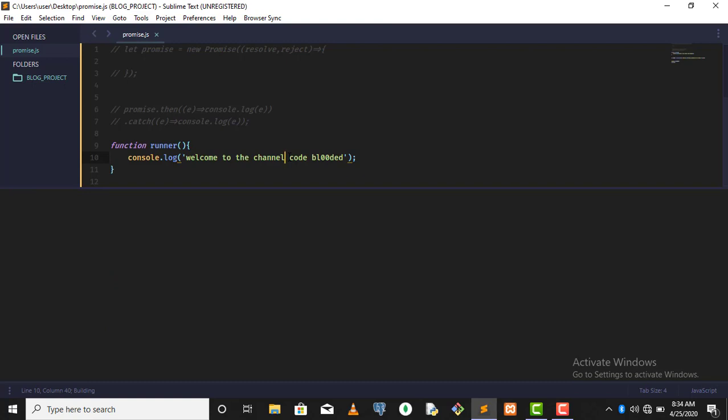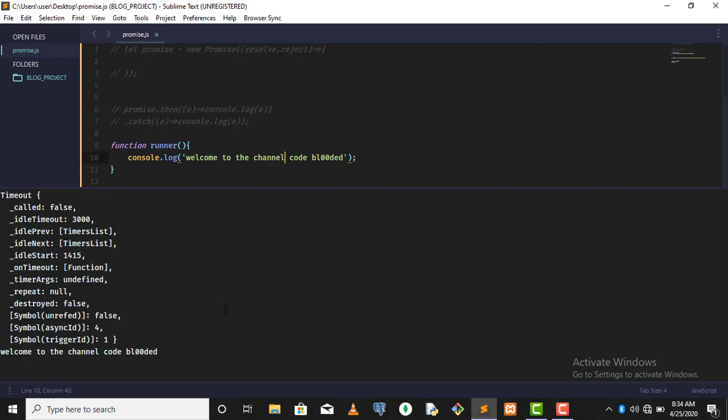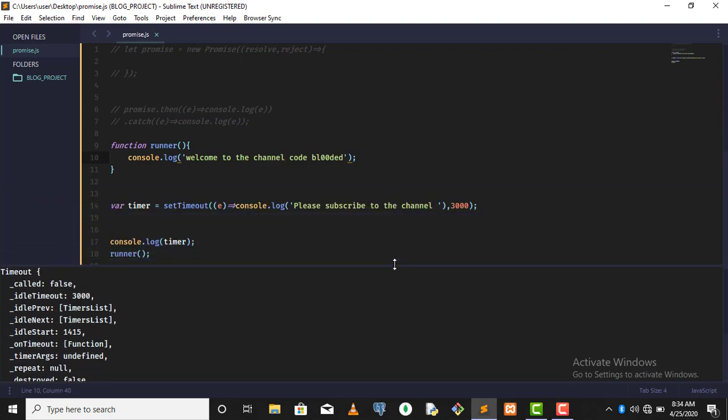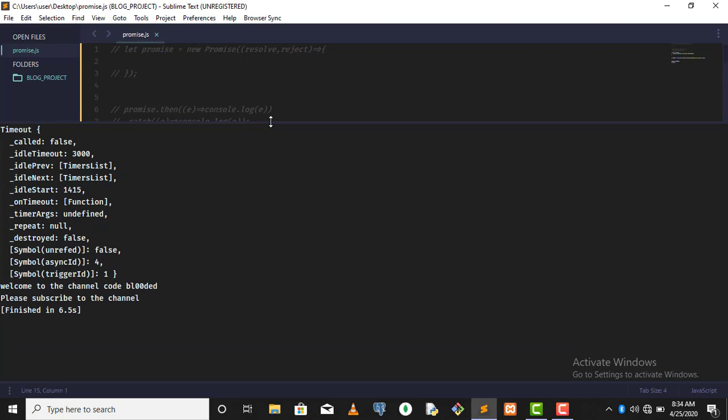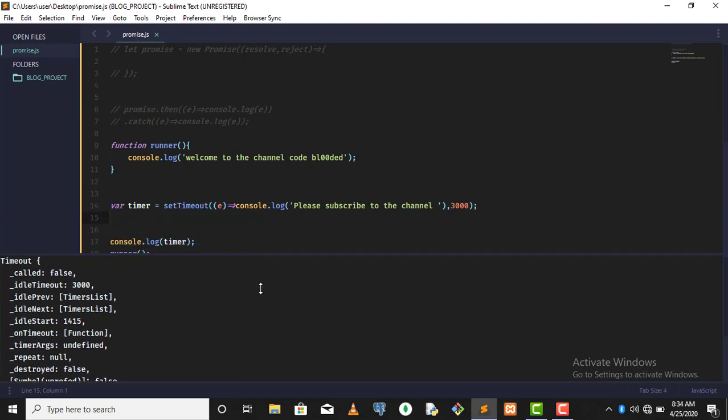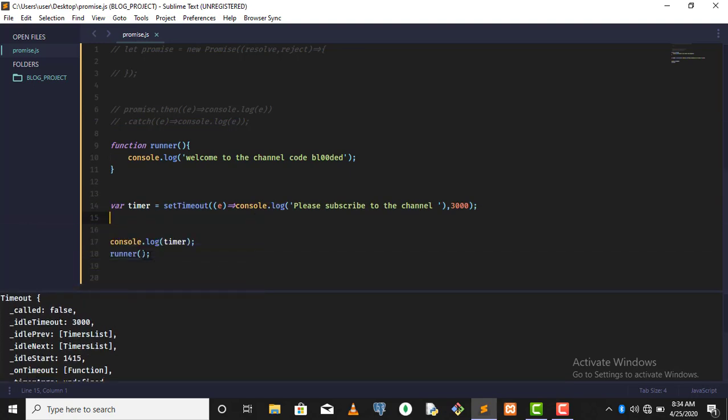So I'm going to go back again, guys. If you notice the way I run this code, the way I position the code to run, I called the timer first. So in real sense, we're supposed to run this first, but because the set timer acts like a promise, JavaScript actually knows that it's a promise. It's going to call back the function, so it's going to go on to the second task, which is the runner function, and run this one. And when this one completes, the timer is going to run back. So that's what actually happened